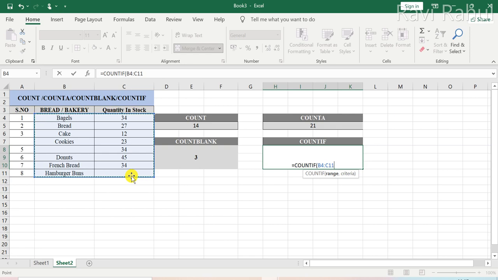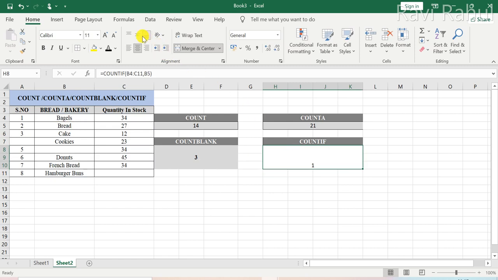And what criteria I want to give here is that it should only count those cells that contain, say, bread. Okay, and it will display me one.